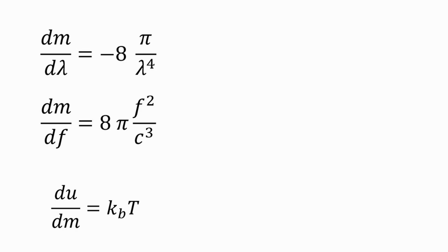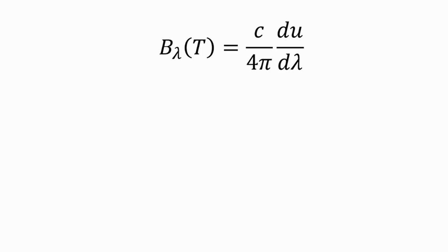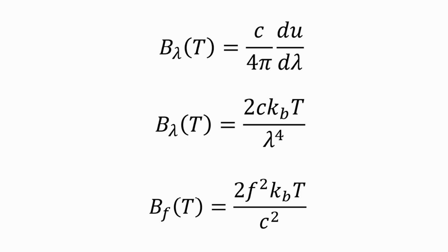and the energy concentration per volume per frequency and per wavelength are. The spectral radiance is defined as, and therefore, or in terms of frequency. The expressions for the spectral radiance in frequency and wavelength are